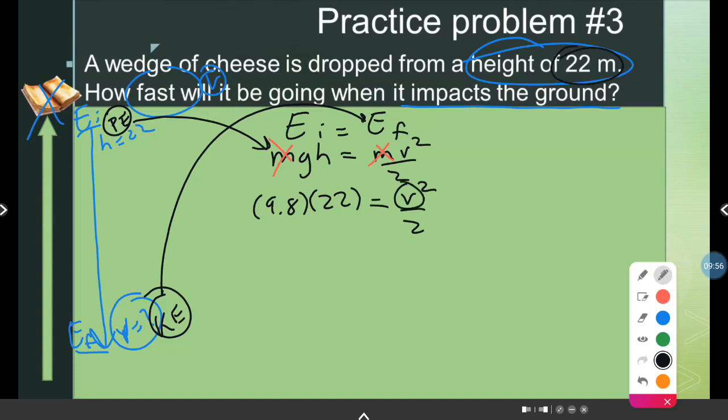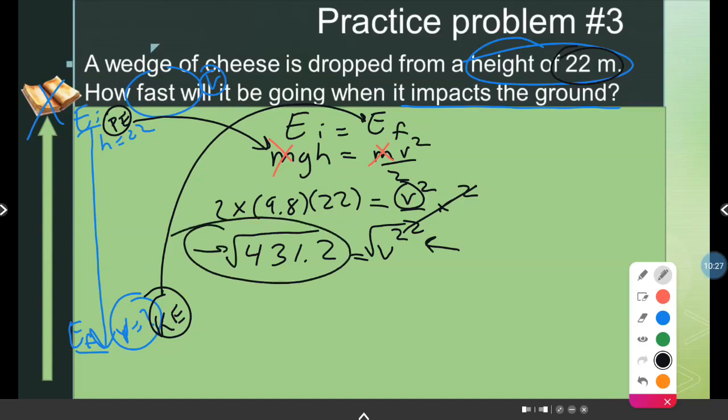All right, so we're going to start by multiplying by 2 to get rid of this 2 in the bottom. Multiply by 2 to get it out of the denominator. And we got 2 times 9.8 times 22. If you plug that in your calculator, you will get 431.2 equals v squared. And the last step, if we're solving for something that is squared in the equation, to get rid of that squared, we got to do the opposite, which is to take the square root, right? So this is the operation we need to do right here, the square root of 431.2. If you take the square root of 431.2, you will find that the speed at the bottom is 20.8 meters